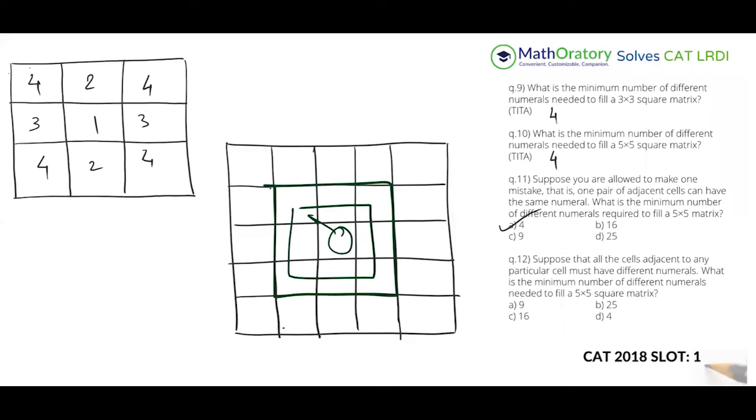So effectively, we can say that for these 9 cells at the center, we have to use 9 numbers, right? The order doesn't matter, so we are just going to write this randomly. I'm going to fill this up with 1, 2, 3, 4, 5, 6, 7, 8, 9. And let me try to use just these 9 numerals to fill up everything.